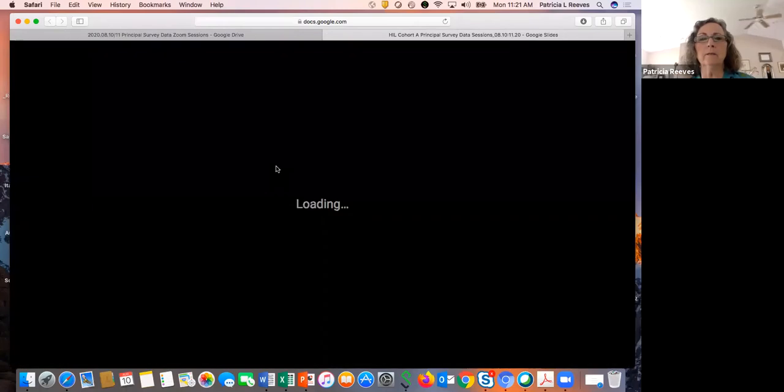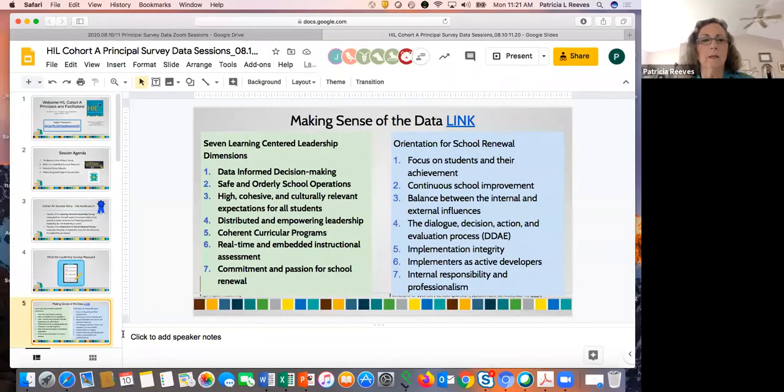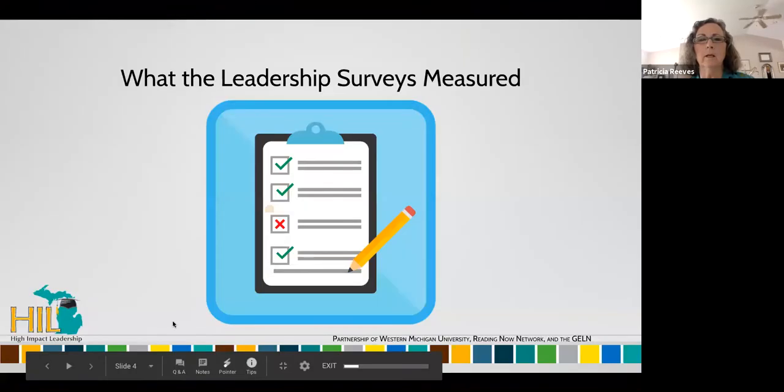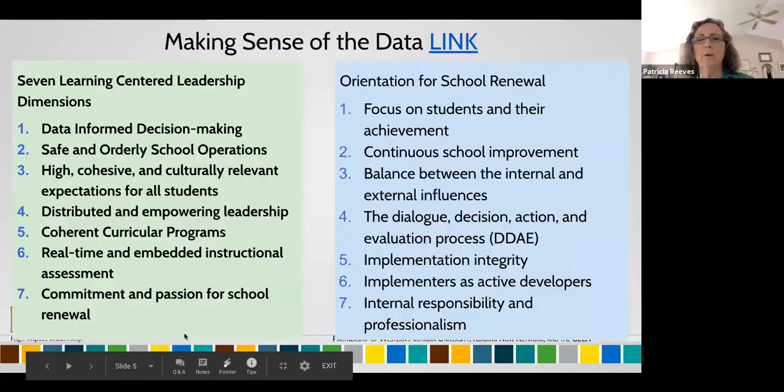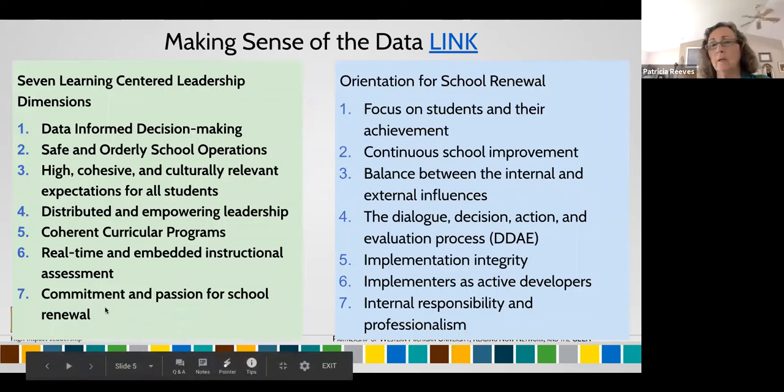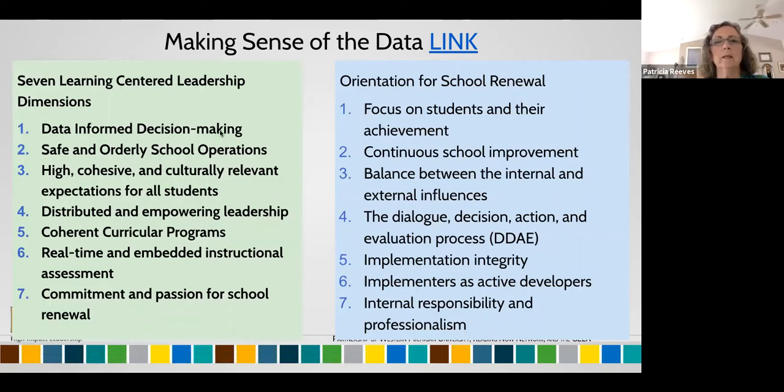I'm going to go back to the PowerPoint now. And what you see on this next slide is a summary of what we just looked at. So over here on the left are 7 conditions within a school that are strongly correlated to positive student outcomes. When the school has a robust process of data-informed decision-making, that they create a safe and orderly place for children to learn,